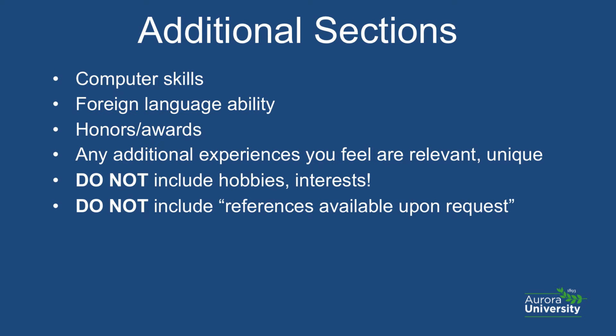There may be some additional sections you will want to include depending on your experiences and the position to which you are applying. For instance, if you are applying for a job that will require extensive use of various computer programs, including a computer skills section would be useful, listing off the specific program knowledge that you have. Try not to oversell your abilities. If you say you are proficient in a particular program, make sure you have used it more than once and are very familiar with it. If you only have basic knowledge, then indicate it as such.